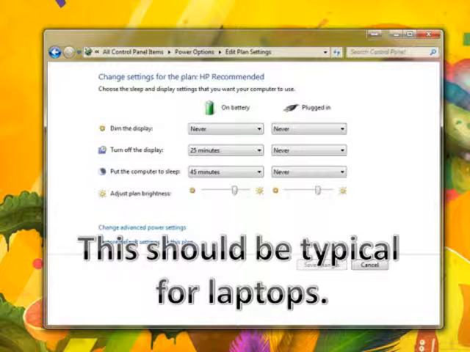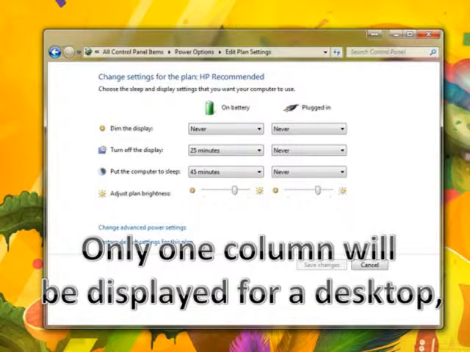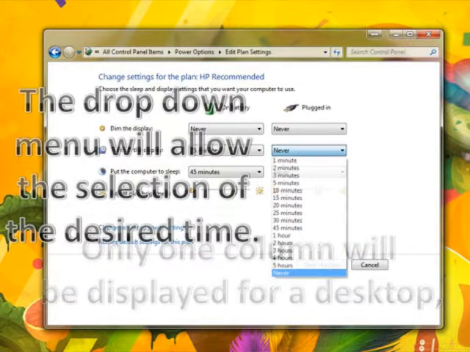There is a slide bar on the bottom to adjust the brightness of your screen. Very typically when you're on battery, it might not be as bright as when it's plugged in, and maybe you'll want to adjust these slides to make you whatever you want it to do. Only one column will be displayed for a desktop, and the other one is for the battery. On the arrowheads of each button, there is a selection to choose from 1 minute all the way